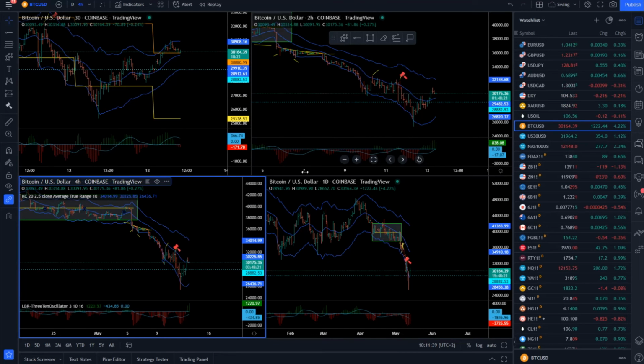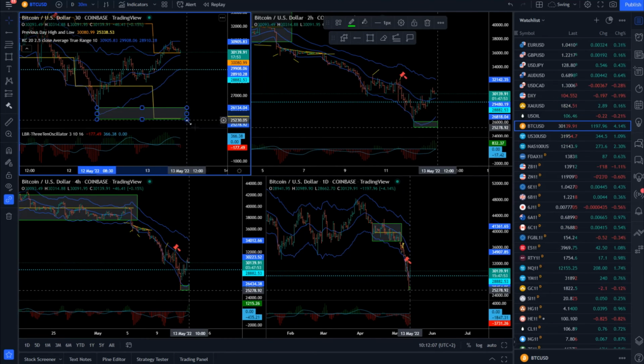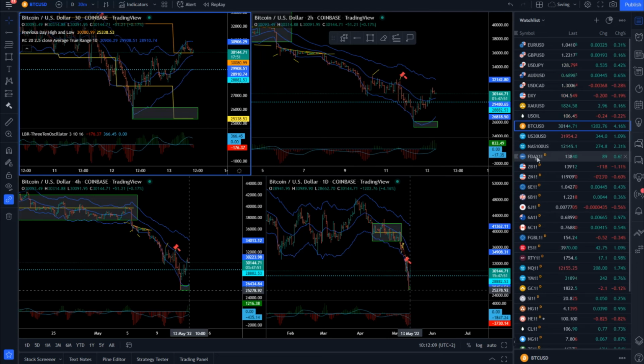And Bitcoin versus US dollar, we had a sell-off of this bear flag that we noticed, all the way towards the 25,000 mark, and then we got a rally from 26,000 all the way to 30,000. It seems like the market is now near the 4-day mean. We had one pin bar here, but as I said, we still didn't even retest this. So I will say there is still a chance for further downside movement.